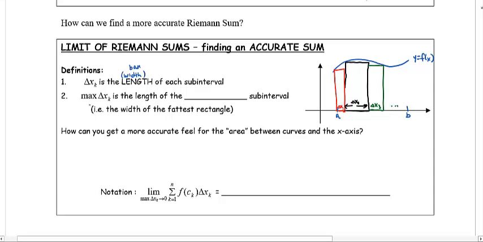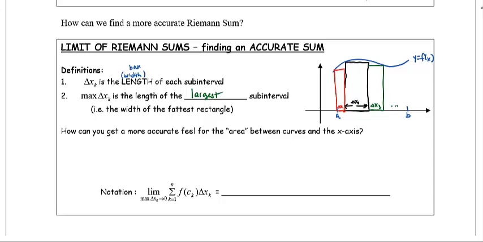Now, the maximum of delta x sub k is the length of the largest subinterval. So out of the three that I've drawn, the maximum of delta x sub k is this interval length that I call delta x sub 2. That's the longest one, or the width of the fattest rectangle. Okay? Here's the thing. How can we get a more accurate feel for the area between the curves and the